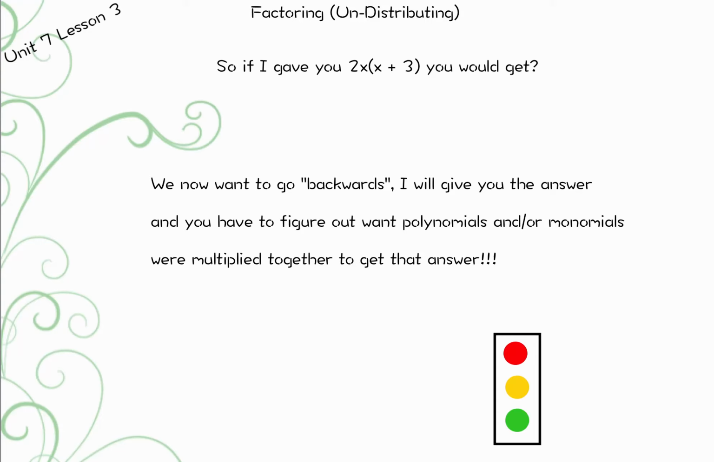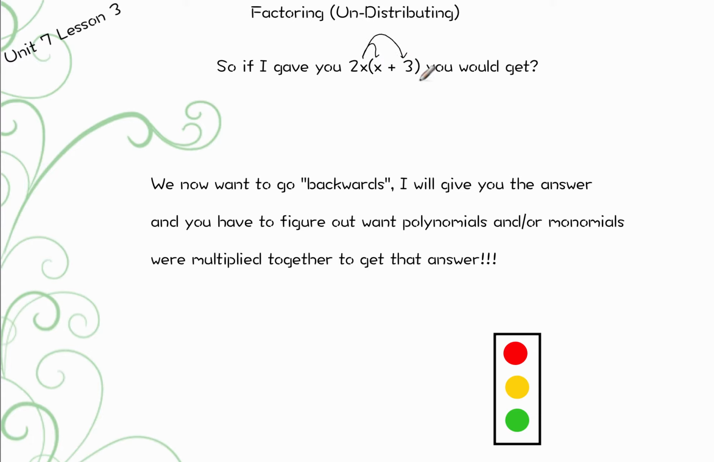Unit 7 introduces us to one of the most important things you do in any level of math. It's called factoring. Trying to figure out two things that multiply together to get us something. We also can call factoring undistributing. So for example, if I gave you 2x times x plus 3, which is what we did yesterday, you would realize that this was a monomial being distributed